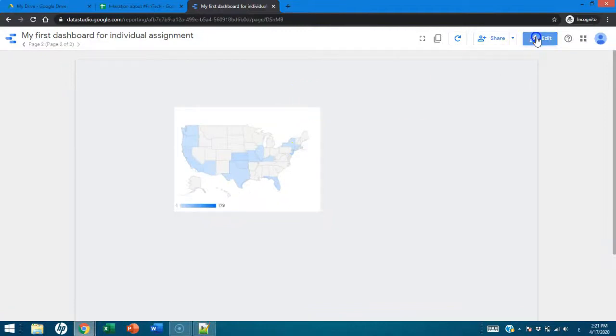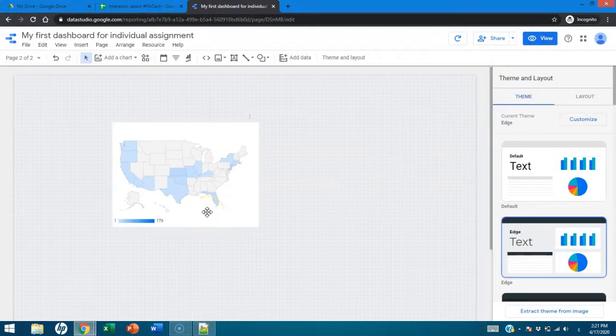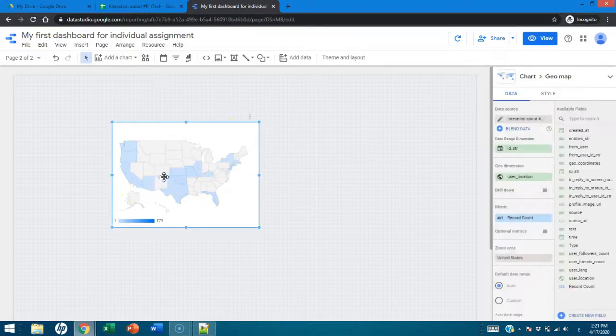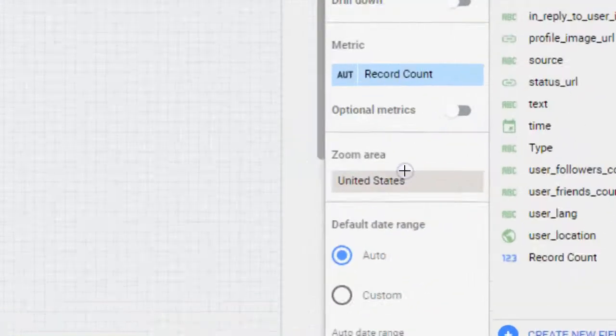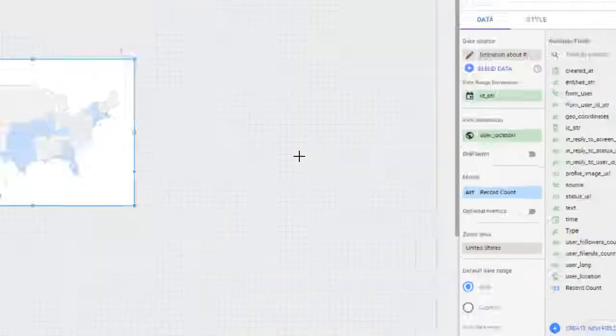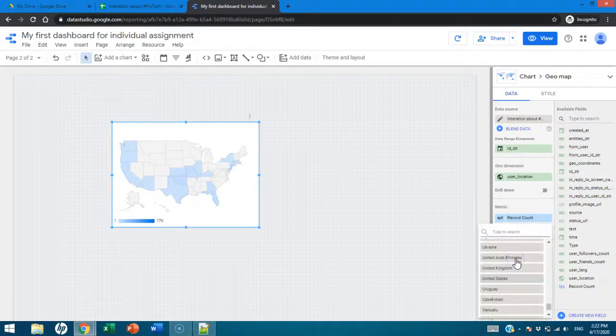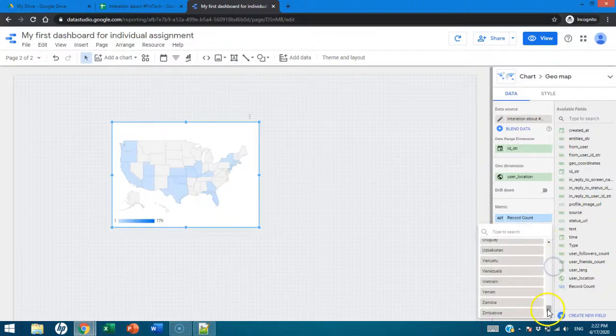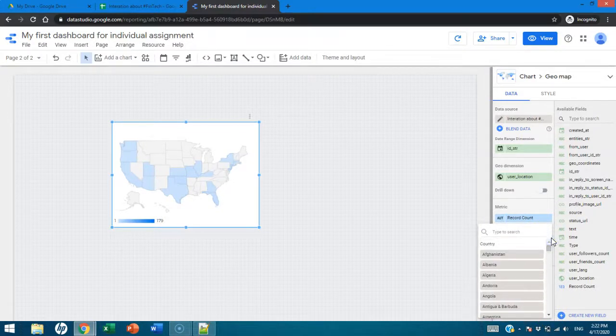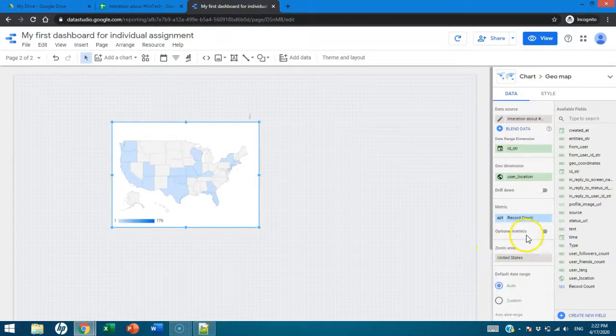But the question here is, click on edit again. I don't want to make this video more than 20 minutes. It is a United States map. Let's change that. We don't want the United States map. We want the world map. So how do you do that? You can see here it says zoom area. Zoom area, it is United States, right? Change the zoom area. Click on that, and then you can change it. If you want only Oman, you can choose Oman. I want to make it global. Zoom